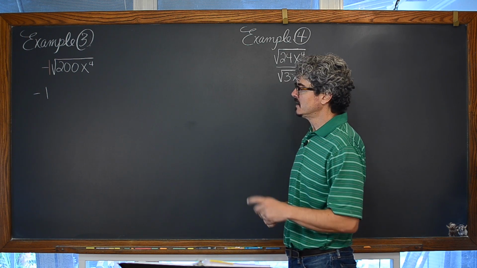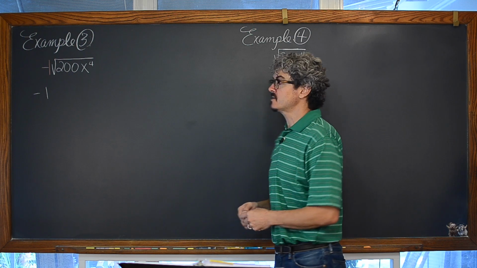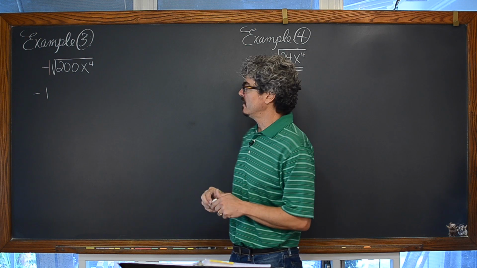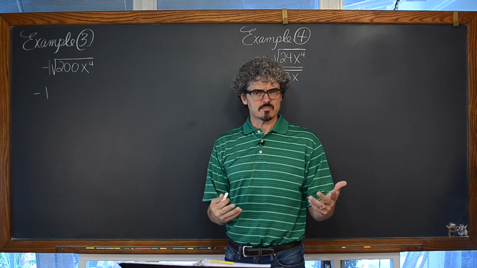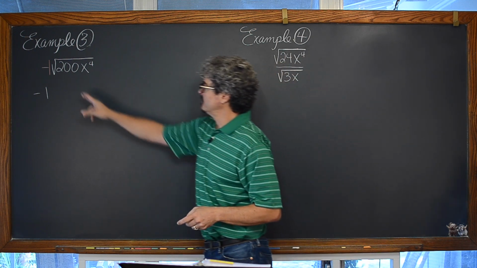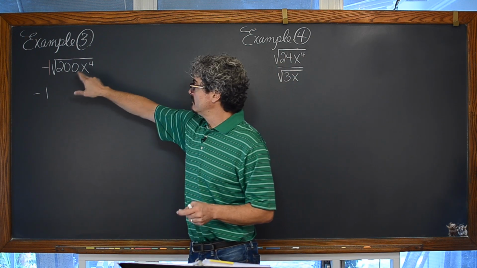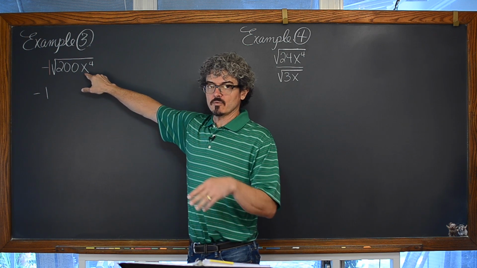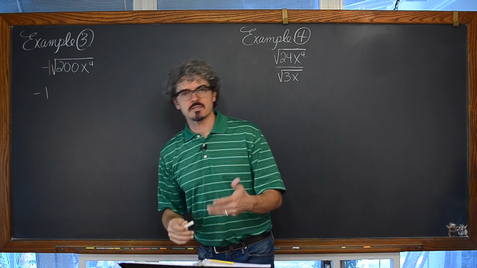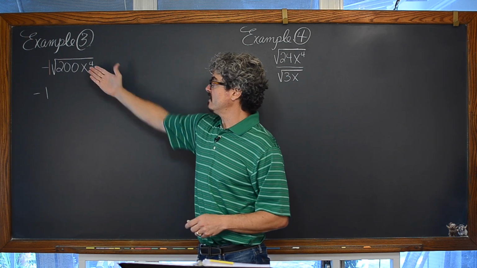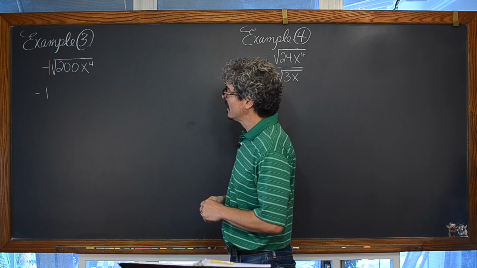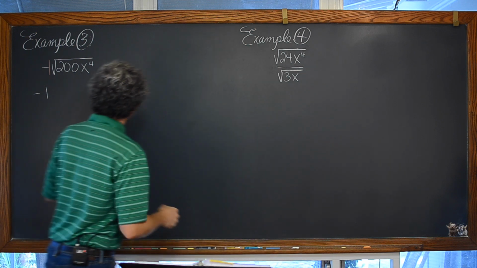Now, your textbook may say that for all the problems in our section, we assume the variables are greater than or equal to 0. We're working under the assumption that our directions do not say that. We have x to the 4th, and any number raised to an even power becomes positive by default. So the domain of this expression is that x can be any number: positive, negative, or 0. Keep that in mind as we go through our problem.